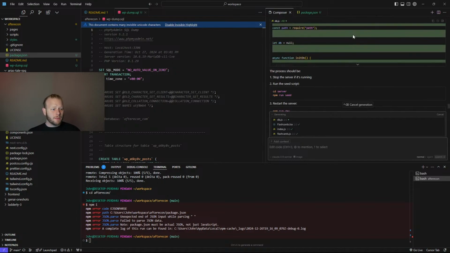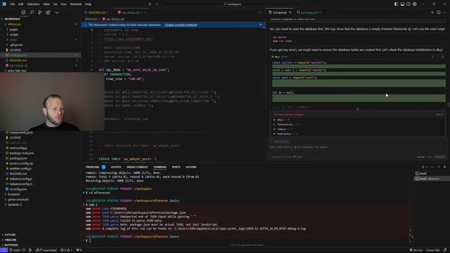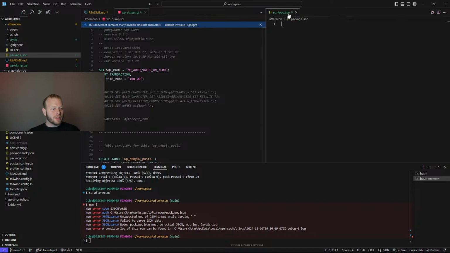Flashcards inserted to the database. What's going on here? Oh no, hold on, cancel this. It's remembered a prior composer session somehow, which I don't want. I didn't want it to do that.